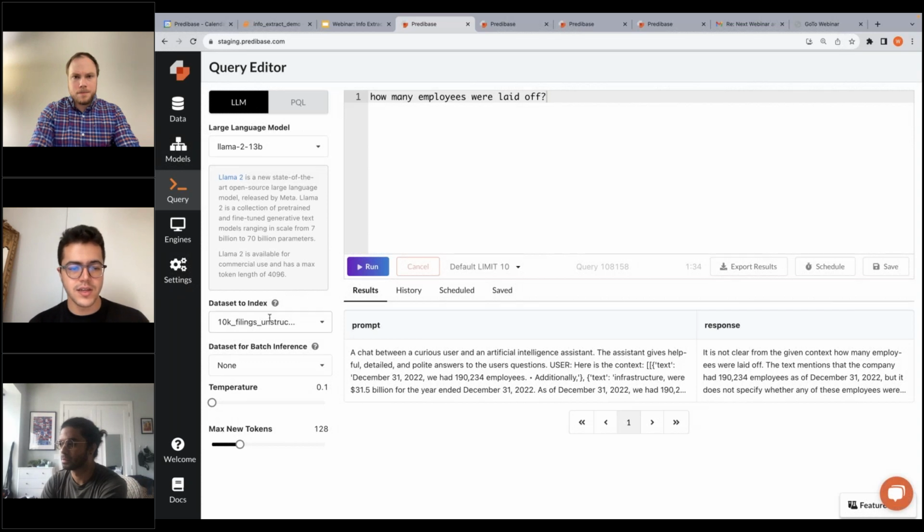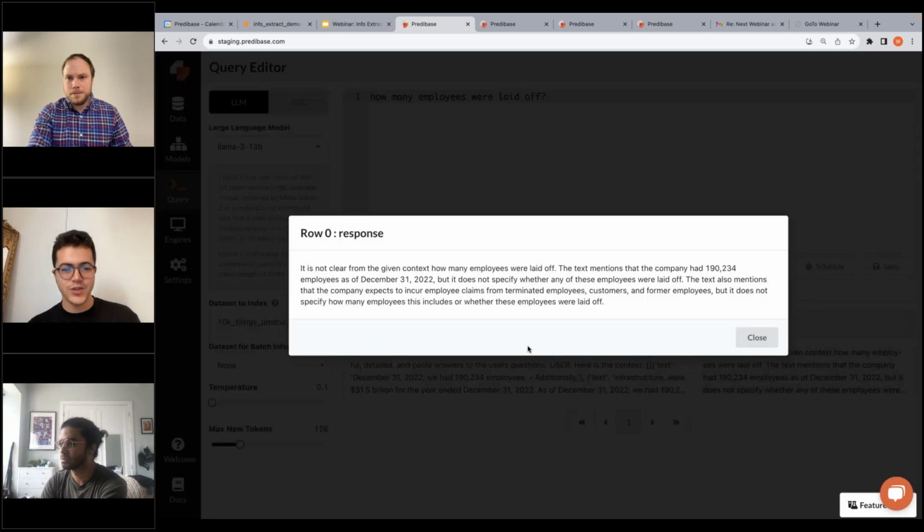The data set is a 10K filings data set that we took from PDFs transformed into text. We indexed this data set using this large language model, and we asked this question. The question is how many employees were laid off, and the response is it's not clear from the given context how many employees were laid off. The text mentions that the company had 190,000 employees in December, but does not specify whether any of these employees